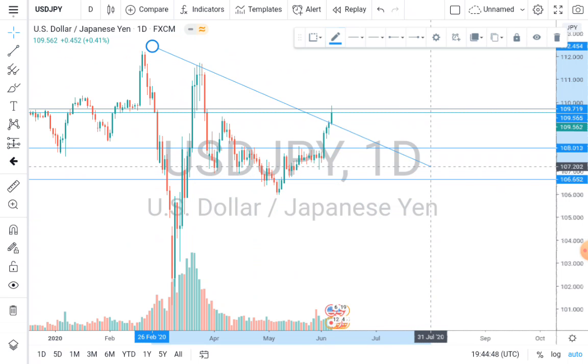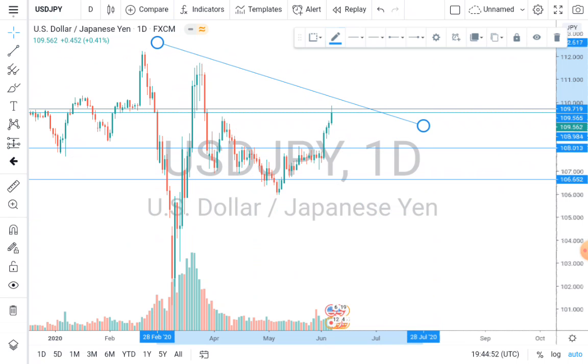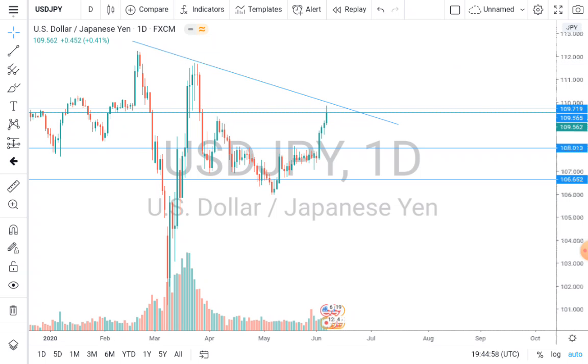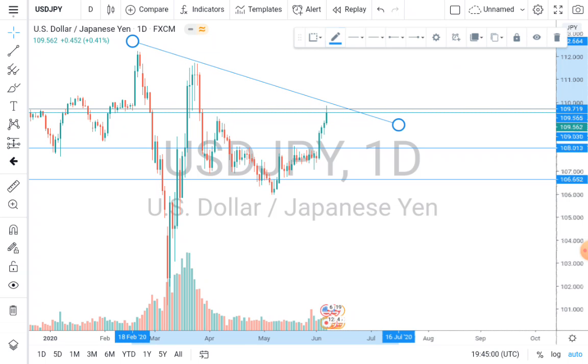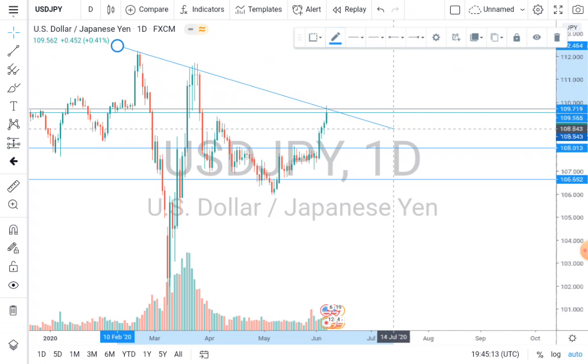Okay. See that? So now we have a good belief that the market will most likely be a sell market. Most likely to sell, because if you can see here,